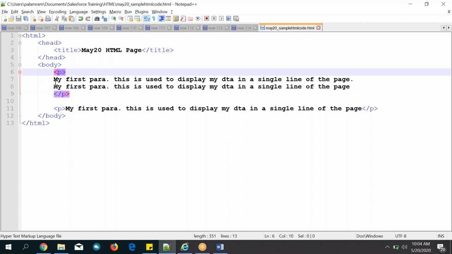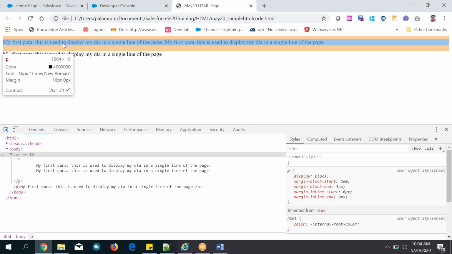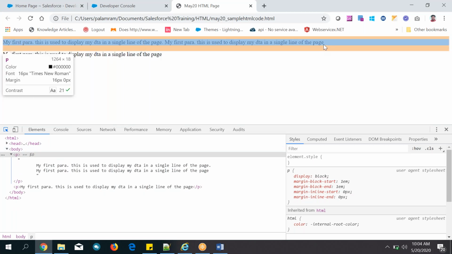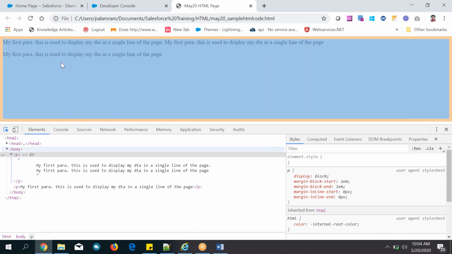In a single paragraph you have written the text, and you can see the text occupies from here to here, still some more space is there. So the paragraph works from left to right, and at the bottom some gap is there. The red and orange color is called space. It is taking some space.